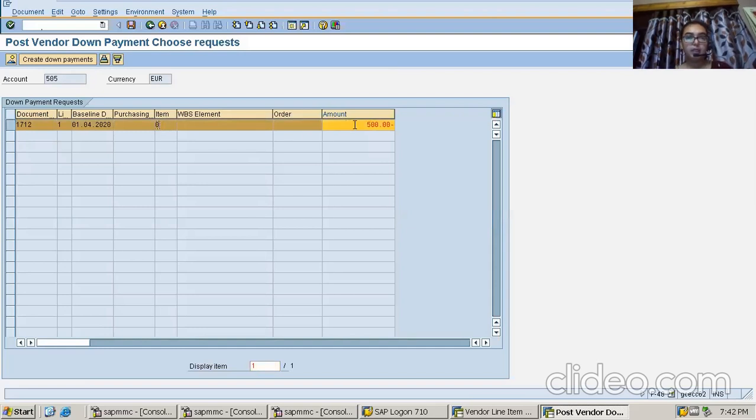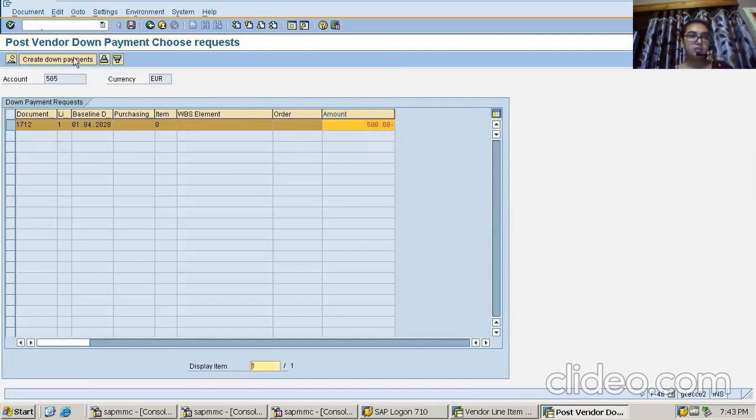Yes, selected, and see the amount is editable. If you feel that okay, request has been raised for 500, but now I'm not paying 500 as the down payment, I'll pay 600 or 400 as the down payment, you can do that, but I'll keep 500 as the down payment only.